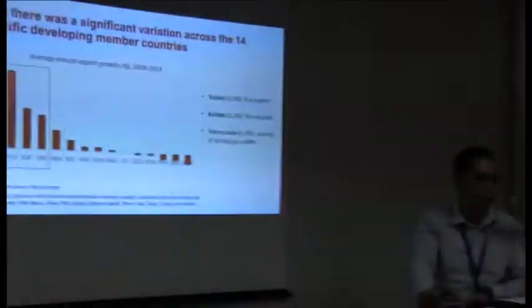Given the massive growth, we also see a significant variation across the Pacific economies. Here we highlight the top performers based on average annual growth from 2008 to 2013. There's Tuvalu, Kiribati, and Timor-Leste, but note of course that Tuvalu and Kiribati's contribution to total Pacific exports is quite small, at 0.3% and just 1% of total Pacific exports. For Tuvalu and Kiribati, their top exports are fish. Timor-Leste contributes 6% to total exports, with oil and gas and coffee.